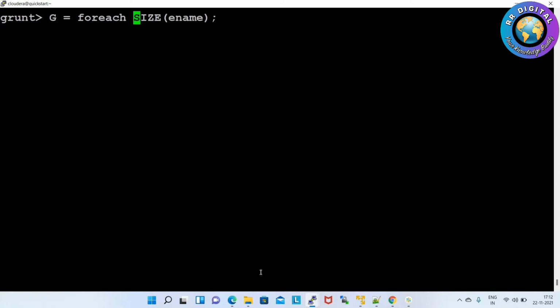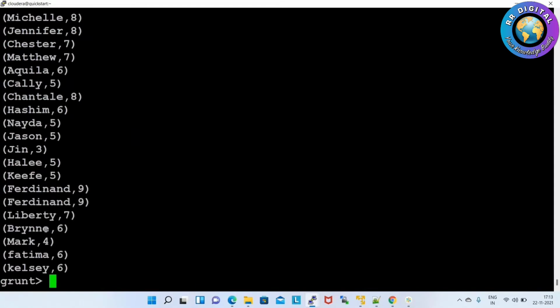You are applying size on which bag? Bag A. Generate then e name comma size of e name. Dump G. See, employee name size, how many characters? 4 characters. So here 6.